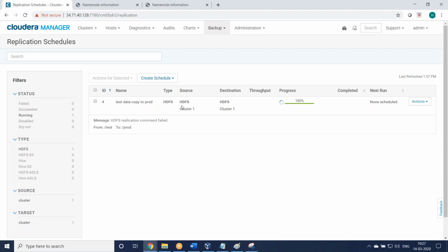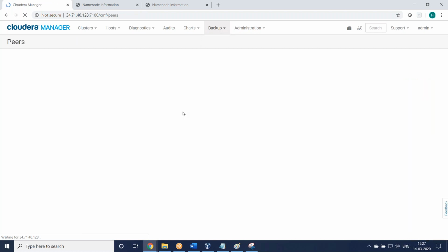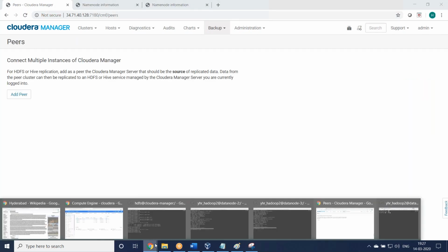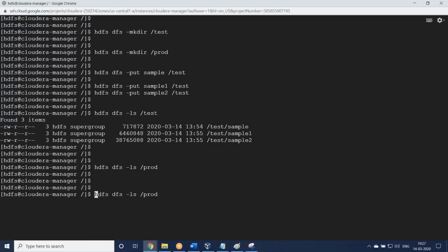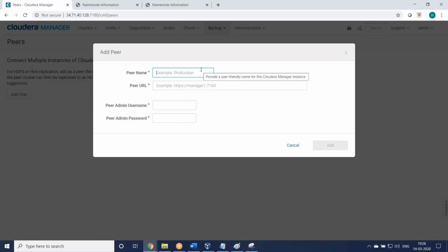For backup, we can see one more option, peers. This is the replication command, and these are replication schedules. So we'll go with peers. Peers means here also we can create some backup. We can verify whether the data came back in the prod folder or not. Not. Okay, fine. So here add a peer.